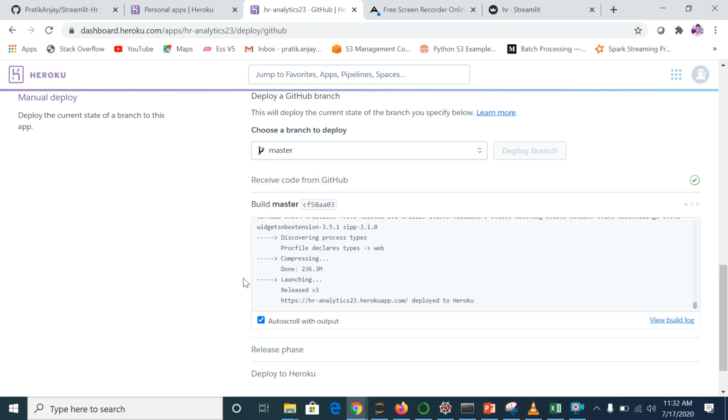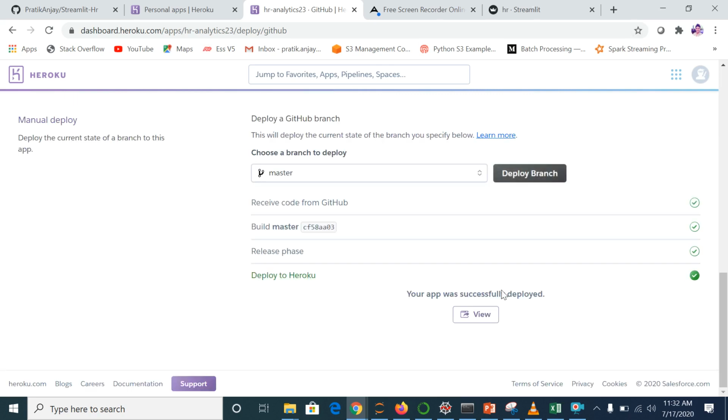So everything is live. I have not done it before. Everything is happening in front of you guys, so you can also relate whenever you are doing the same thing. Just watch this video, do all your settings, check my steps, replicate it, and I believe you will be done. So yeah, the model has deployed. You will get a message over here like your app was successfully deployed on Heroku. Once I click on view, it will take me to that link. Just click on view.